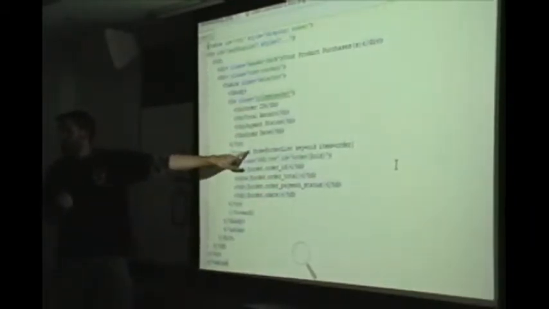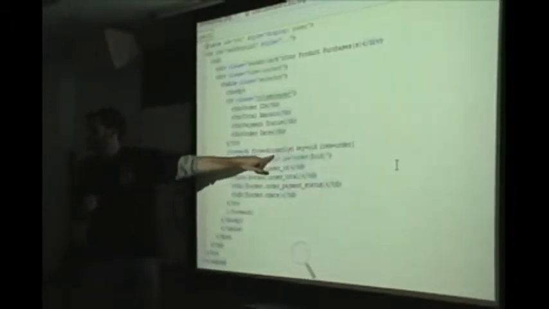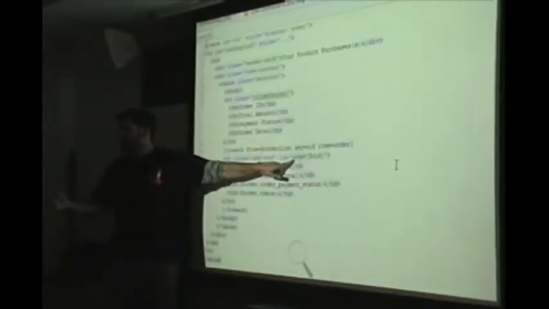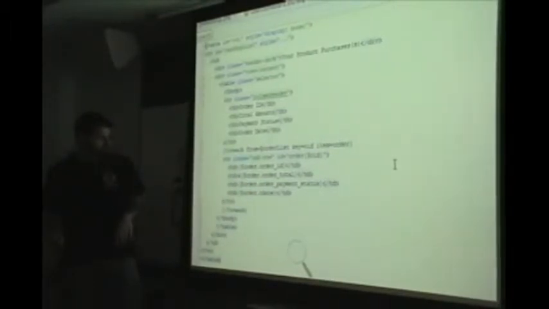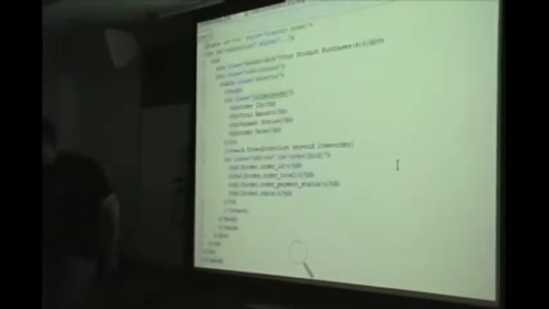I'm going to use a for each in Smarty and go through my order list. This is the array that I constructed and passed to Smarty. And here are my table cells. And then down here,